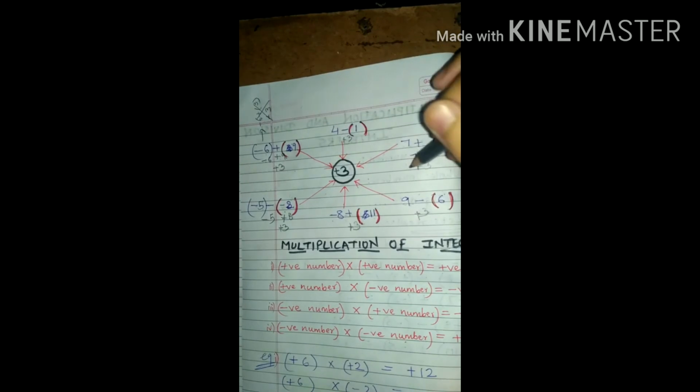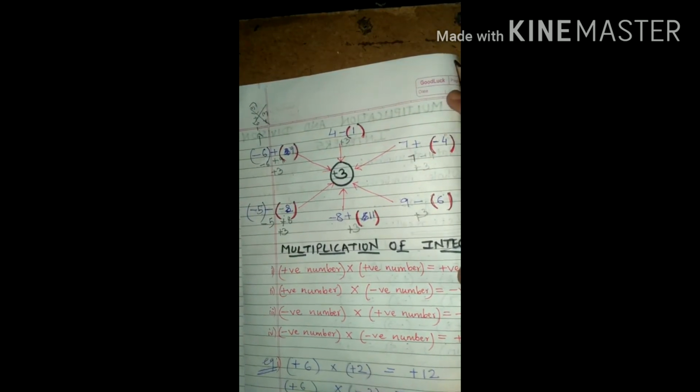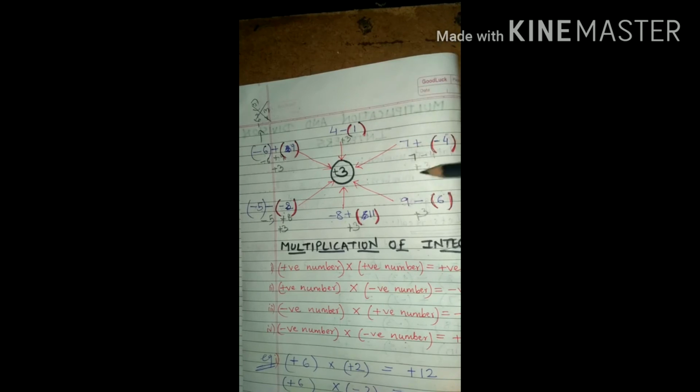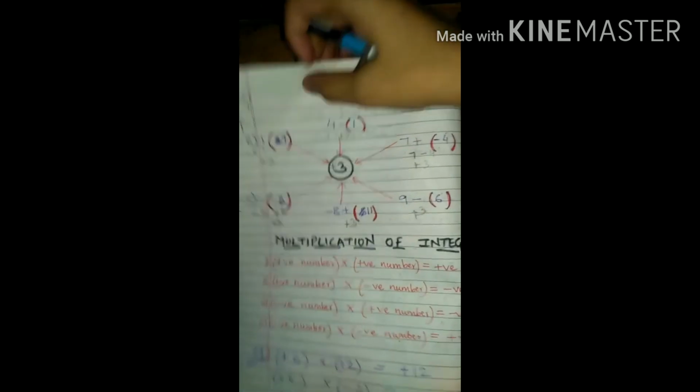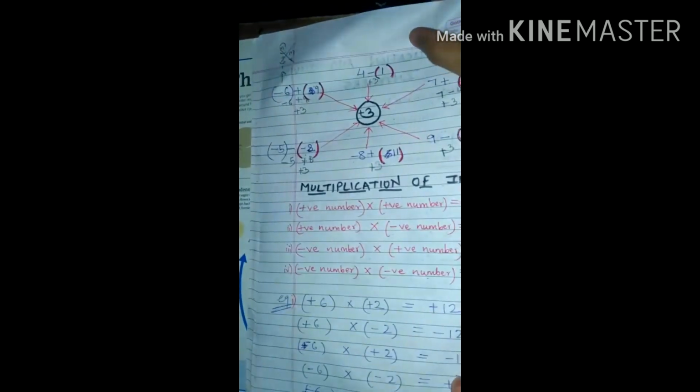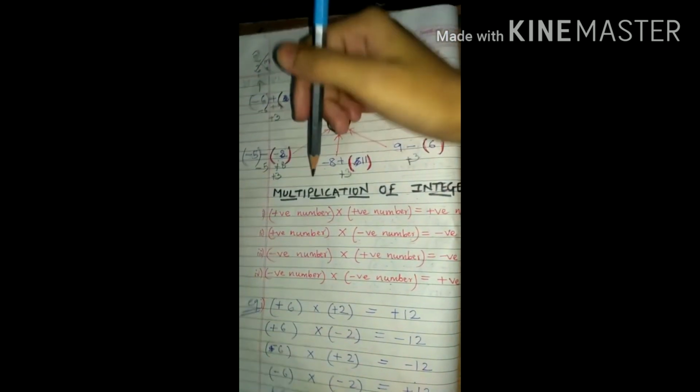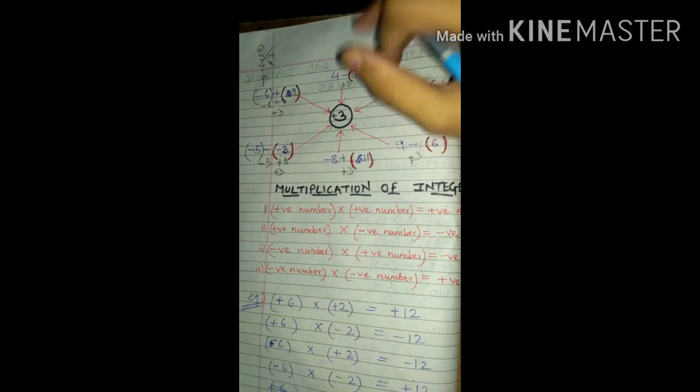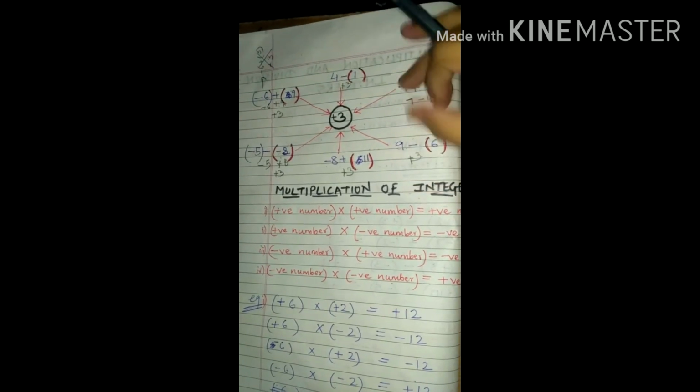Got it? In this manner, this thing is a little bit confusing, but you have to do it while practicing only. You can do this plus minus and all that. So this note, you have to remember this note. Then only you can do addition, subtraction, multiplication, division of integers. Now see, this case is what? Addition or subtraction of integers.